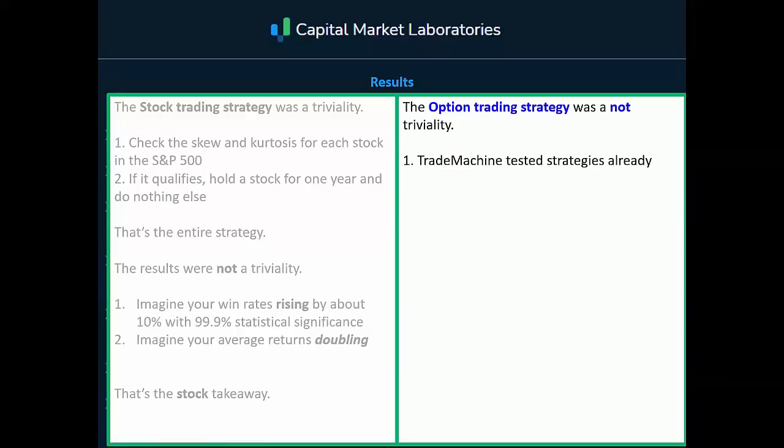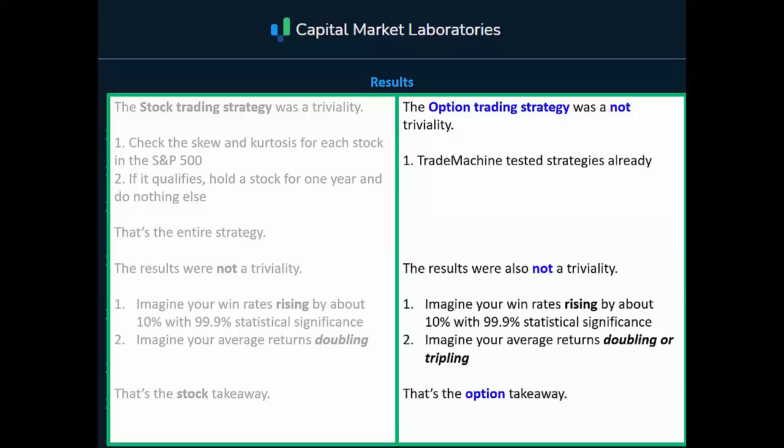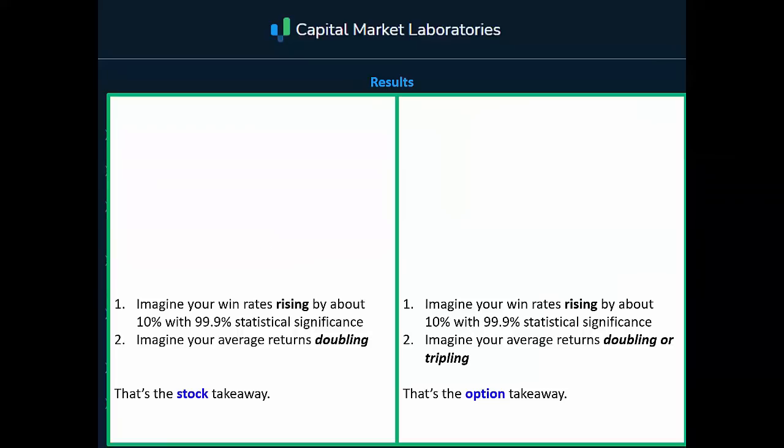Fade the dip was remarkably better than the benchmark of just selling an option, a put spread. So Trading Machine tested strategies already. The results were also not a triviality. I want you to imagine now on your option trades, your win rate's rising by about 10% with 99% statistical significance, and imagine your average returns doubling or tripling. That's the option takeaway. These are the takeaways. A doubling or a tripling over the long arc